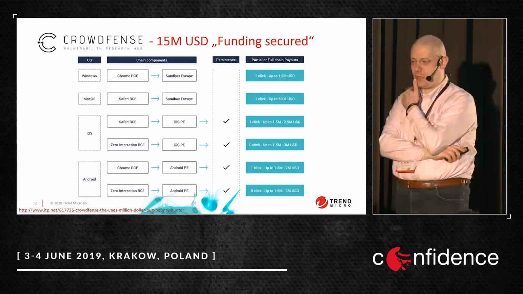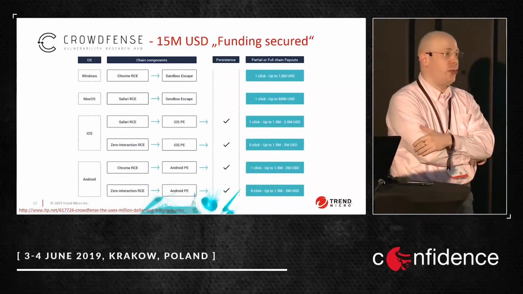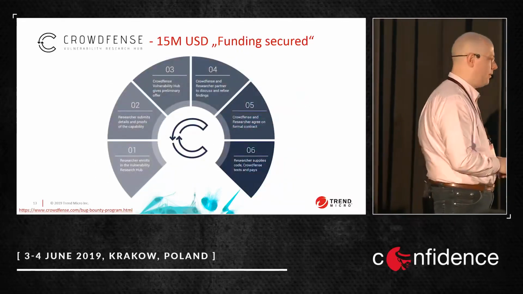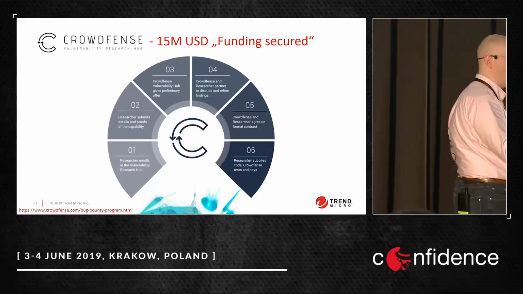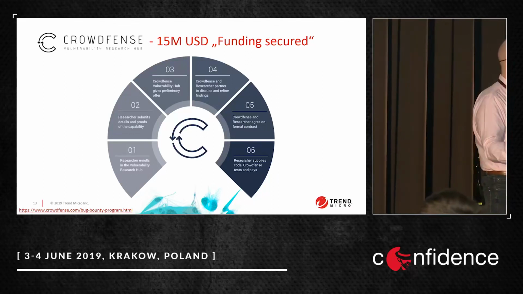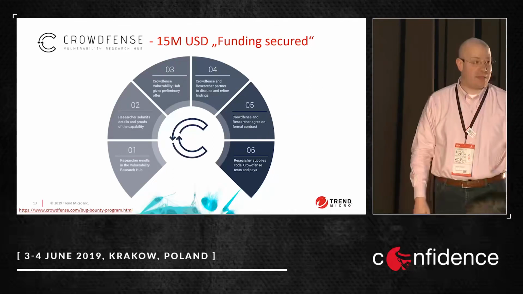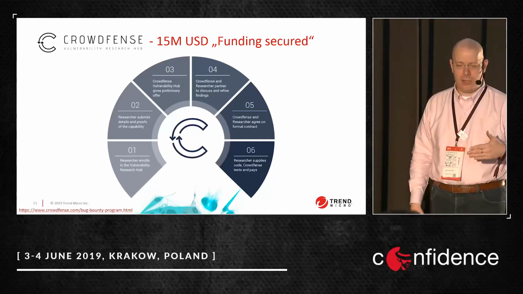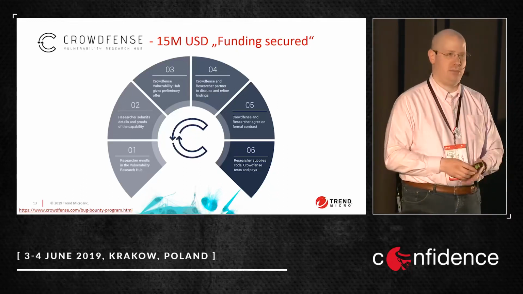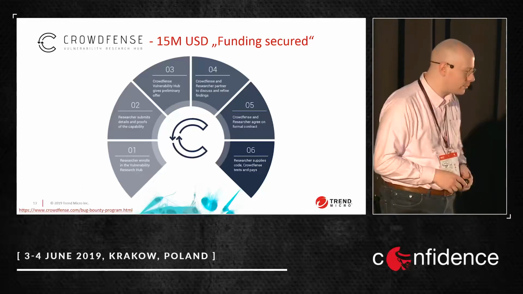And the process that they're offering is quite simple. If you find something, you can contact them. So you will be, let's say, part of their research community. You basically have to prove that your exploit works. Then you can start negotiating what the actual price for that exploit will be. And if CrowdFence decides to actually buy the exploit, you will hand over the exploit code, you will get the money, and everybody's happy. So that's the short story. That's how to make $3 million US dollars.